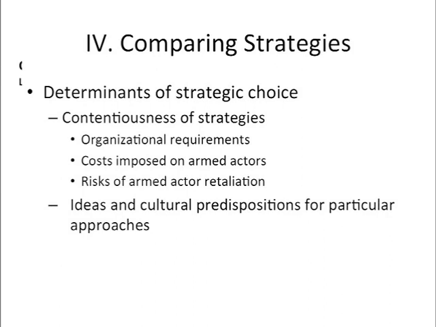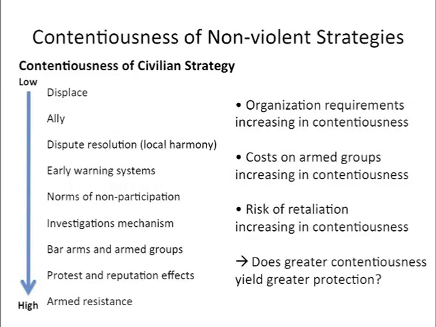So one community may have strong ideologies for nonviolence. Another may have experience protesting for, let's say, economic benefits, and so they're used to protesting for their rights. And so you can see those kinds of factors determining when different strategies are likely to be used. And so this is a slide which may or may not do justice to how you might array